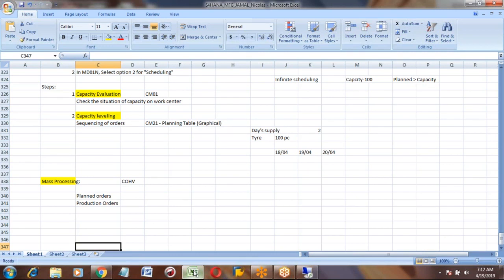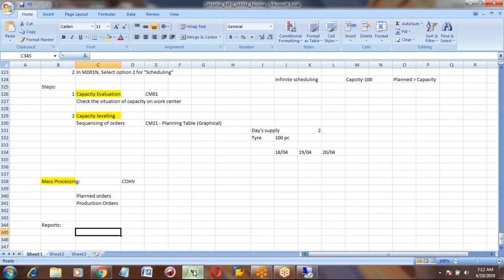You want to see the reports. So in PP also we have standard reports. Mainly only one is the report. From there you can get all the information